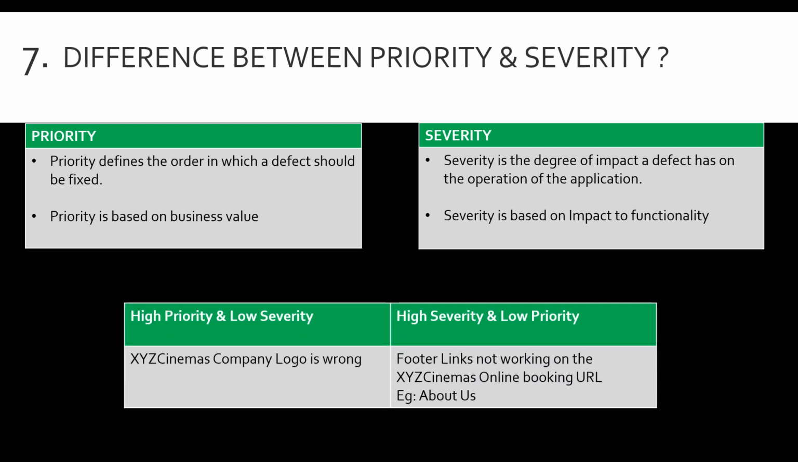Let me try to explain this with an example, and this is also again a commonly asked question. Can you tell me an example of high priority and low severity? So one of the things is the company logo is wrong. So there is no key impact to any functionality if a company logo is wrong. So the severity is very low, but the priority is high